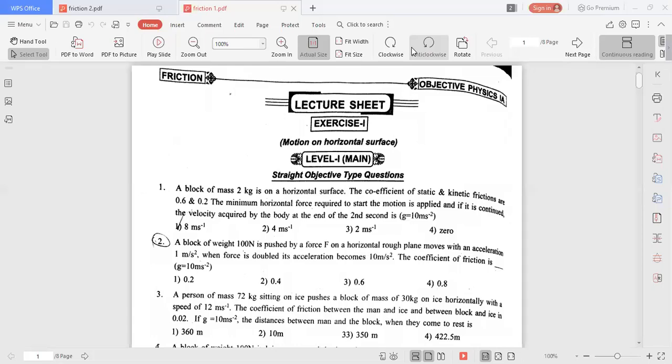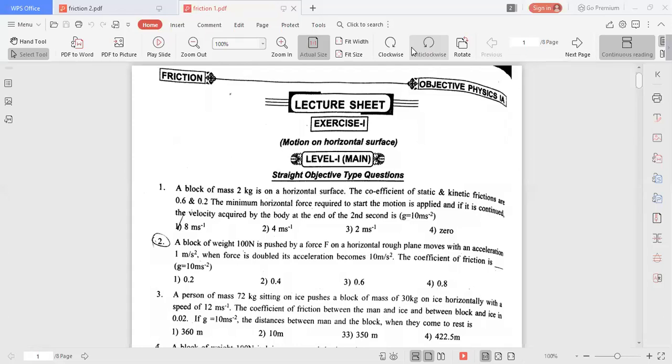So the net force is equal to F minus Fc plus F1. This is the net force acting on the first block, that is equal to the mass of the first block into the acceleration of the first block. F means 20, minus Fc which we have to find, plus the frictional force, which we already got as 3 Newton, is equal to M1, the mass of the first block 3, into the acceleration of the first block, also 3. Therefore Fc plus 3 is equal to 20 minus 9, means 11, or Fc is equal to 8 Newton. So the contact force between the two blocks is equal to 8 Newton.